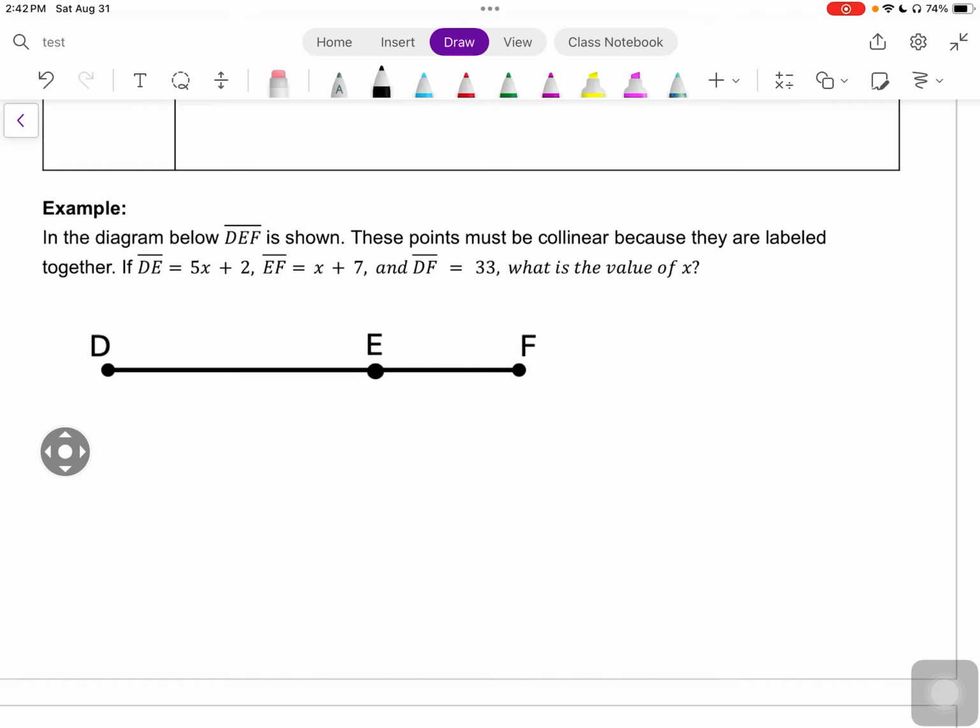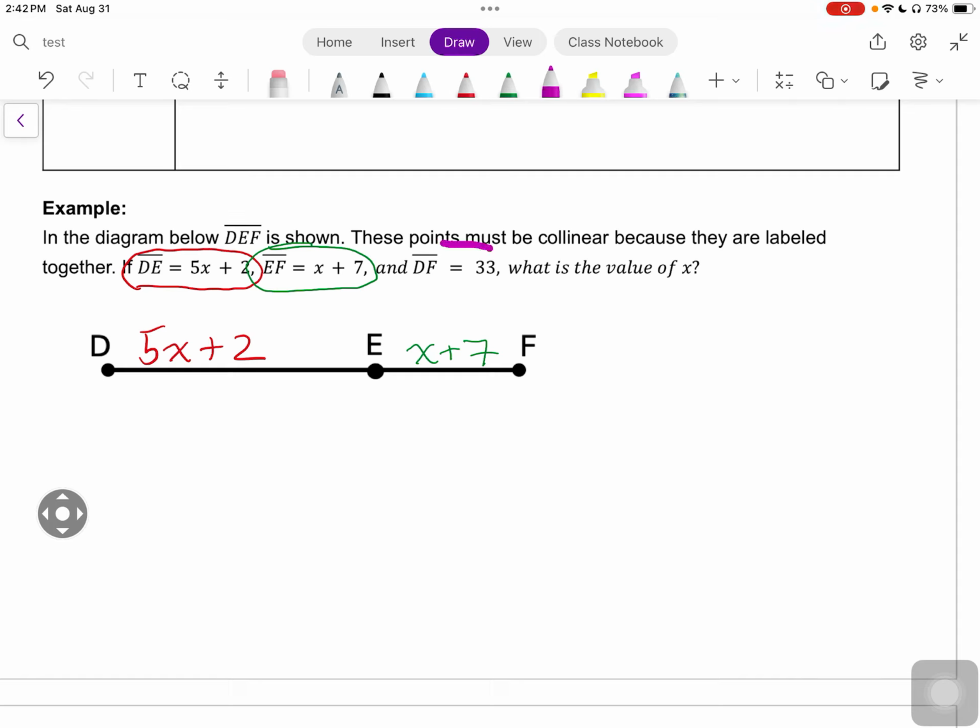All right, we have these points must be collinear because they are labeled together. Again, all 3 letters underneath the bar means it is one line. Now they give us these measurements. So it says D to E is 5x plus 2. So the way that I would label that is D to E is 5x plus 2. So that's going to go here. This is how I would write this. All right, E to F is x plus 7, so I would put the x plus 7 here, and now